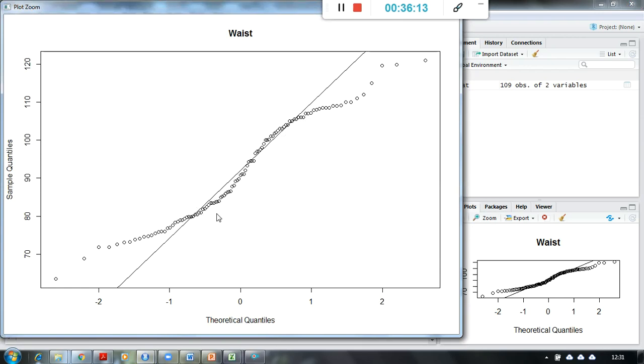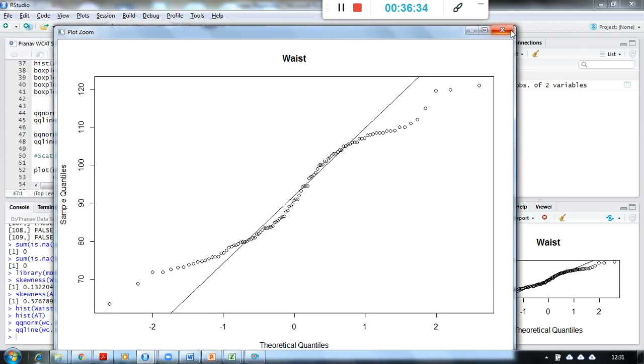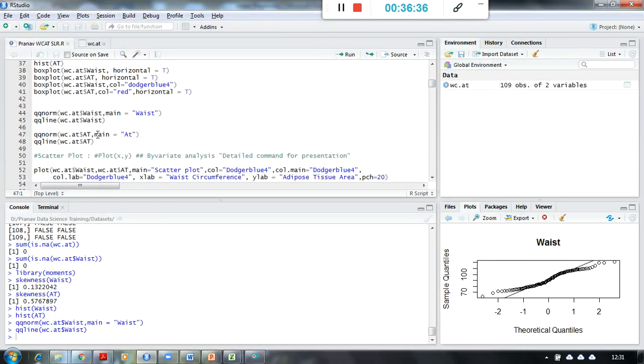That is why it is called a QQ plot, right? So you can see here that this data does not seem to be normally distributed. Almost 50 to 60% of observations are close to the line or on the line, and 40% are scattered. So there is not a complete normal distribution. This is another check after looking at skewness and the histogram, and we can plot a QQ plot as well.